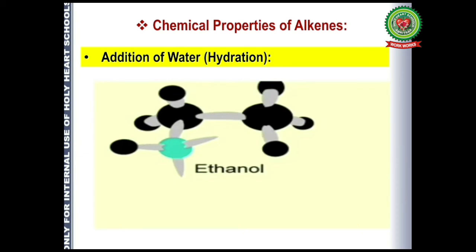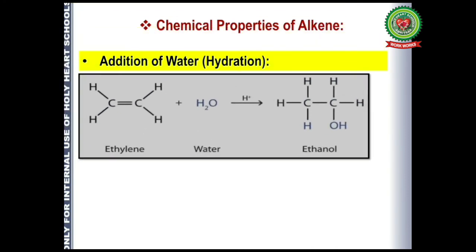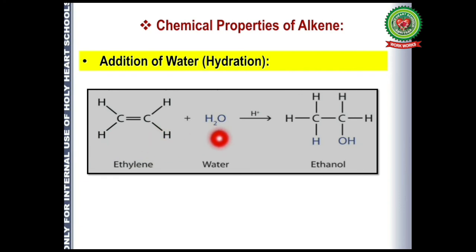C2H5OH. There are 2 carbon atoms, and to one of the carbons there is an OH attached, to the other carbon there is a hydrogen attached. And since the valency of the carbons is now satisfied, the double bond gets converted into a single bond. So the reaction takes place in this way. There is ethylene, that is an ethene molecule, and water in presence of a dilute acid. This breaks up, and one hydrogen gets attached to one side and one OH group gets attached to the other one. And this gives rise to ethanol, that is CH3CH2OH, or we can call it C2H5OH, that is ethanol's formula.